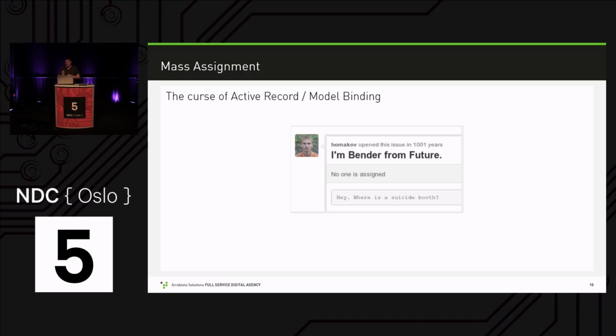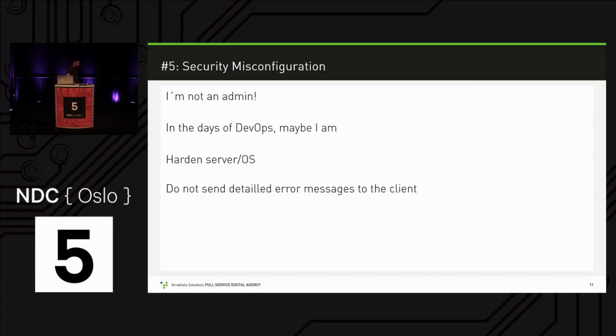All right, I'm a developer, so when something goes wrong, whose fault is it? No, not my fault. No. I'm flawless. Management. Yeah, management is good, but it's always management's fault. But no, in my company, I do a little bit of management, so management is perfect as well. Who is it? Yes, of course, it's the admin. The admin, yeah, exactly. I'm not an admin, so number 5, security misconfiguration. No, that's not my thing. But wait a minute, don't we all do kind of DevOps-y stuff nowadays? Oh, okay, so I am the admin.